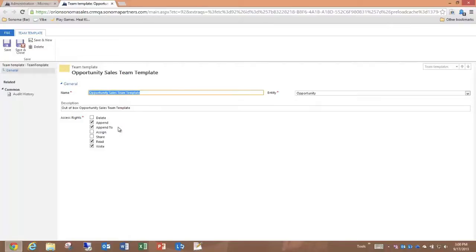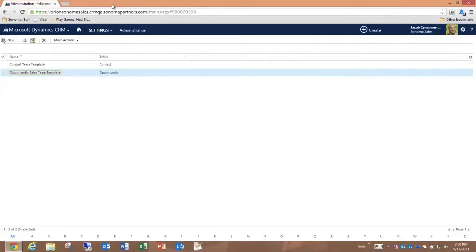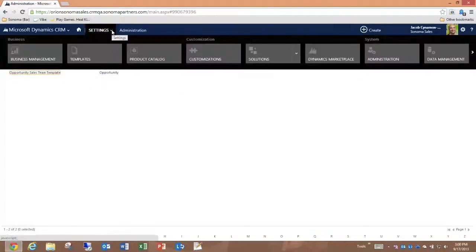These access rights that you see here are the same access rights that I granted to Angel when I added him to the sales team on that opportunity. So you can see it's very easy to dynamically provide users with the necessary rights to be part of a team pursuit. I'll go ahead and close this team template, and we'll take a look at the CRM customization area